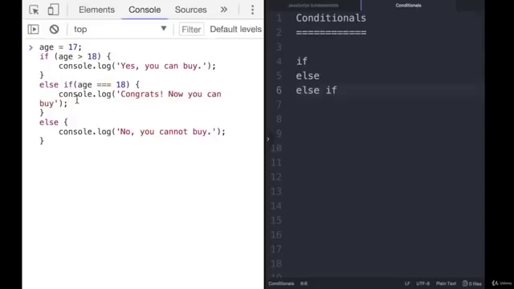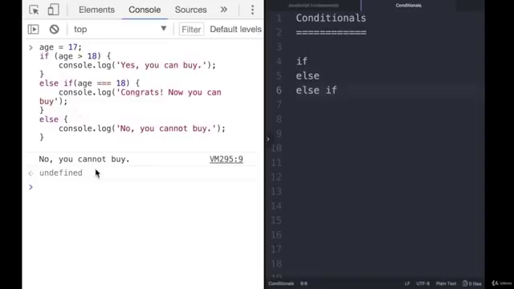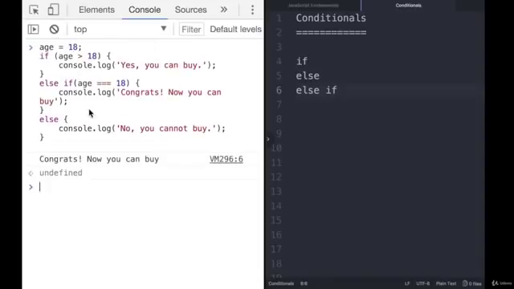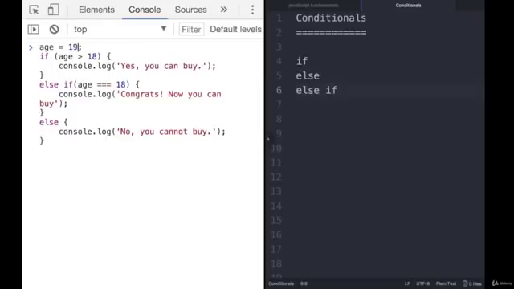So again, if the person is 17, it will say no, you cannot buy. If the person is exactly 18, it will say congratulations, now you can buy. And if the person is 19,